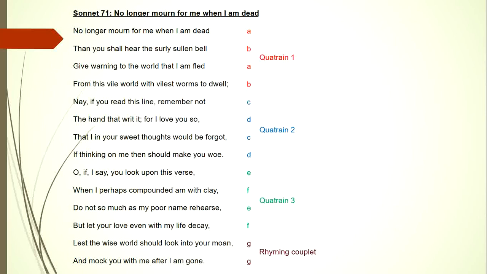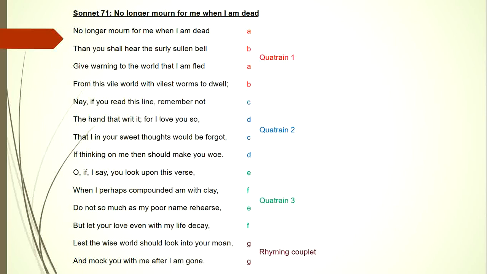Now the other significant thing about Shakespearean sonnets is that very often each quatrain deals with the theme in a slightly different manner, and then the rhyming couplet normally provides a twist or a volta at the end of the poem. Now in this poem we don't really have that twist or that volta, we rather have a summation of the poem. There's kind of like a summing up of the poem in the rhyming couplet.